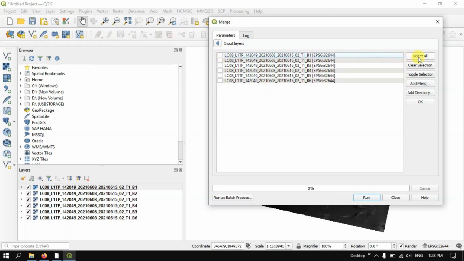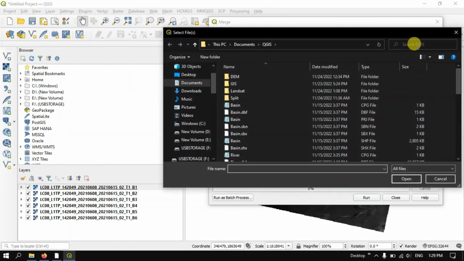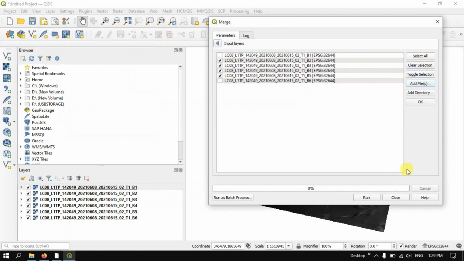Now I'm going to select all. So in this case I don't want the band number 1, so I'm just removing the band number 1 and band number 6. So I'm going to keep the rest of these bands, and now I'm going to click the option OK. If you want to add the file, you can just press this button and add the file. You can browse and add the file. Now let me click OK,